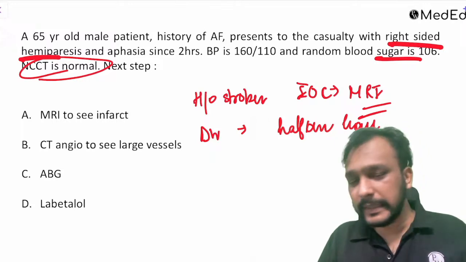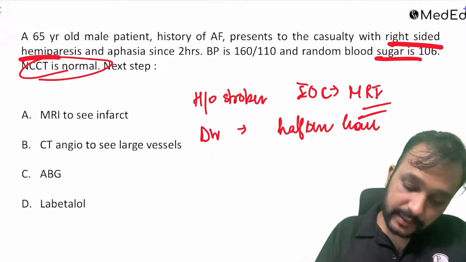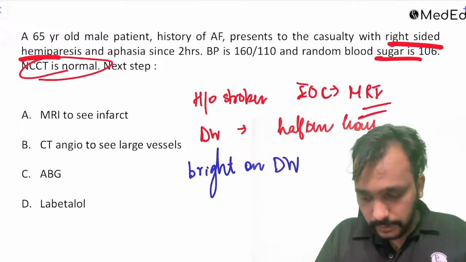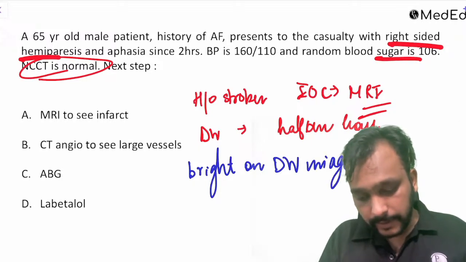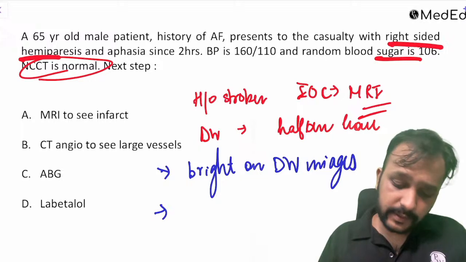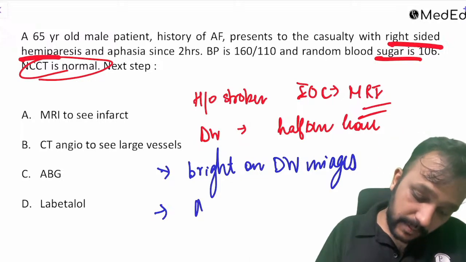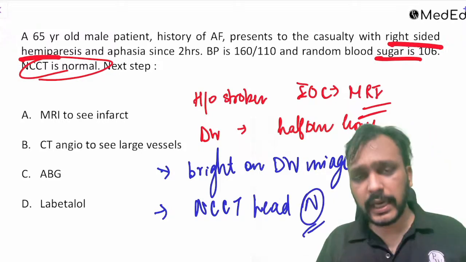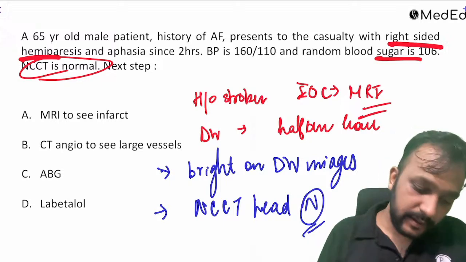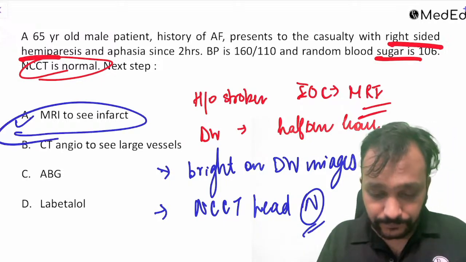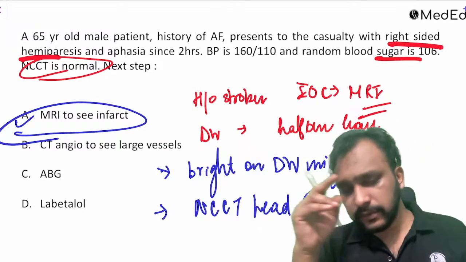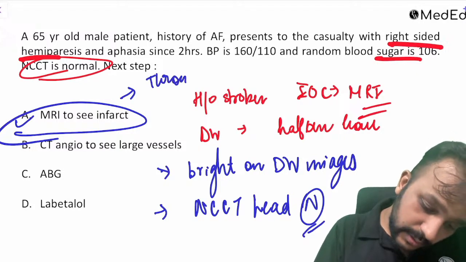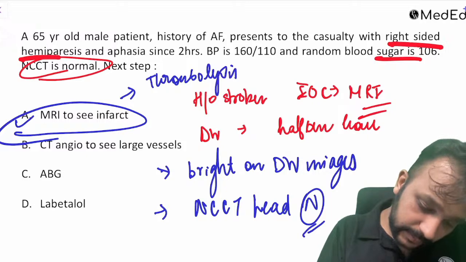So what happens in a patient with acute infarct? You will see that the acute infarct will appear bright on diffusion weighted images. And if I talk about NCCT head, an acute infarct will appear normal. Okay, normal on the NCCT head. So you are going to go for MRI. And if there is no hemorrhagic infarct within this patient, what are you going to do further? You will go for thrombolysis,